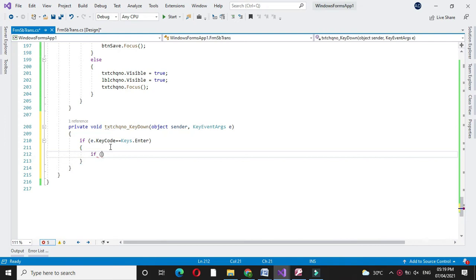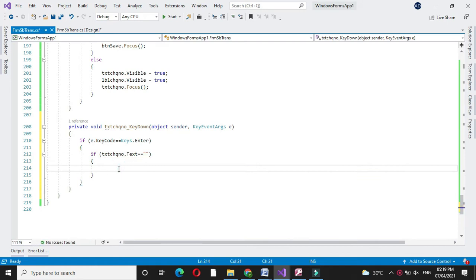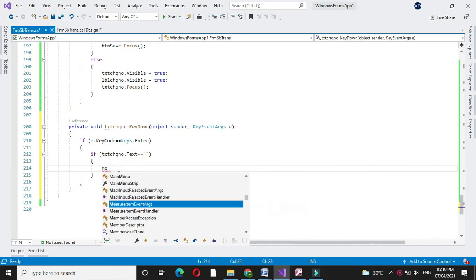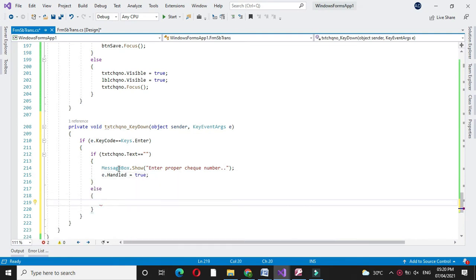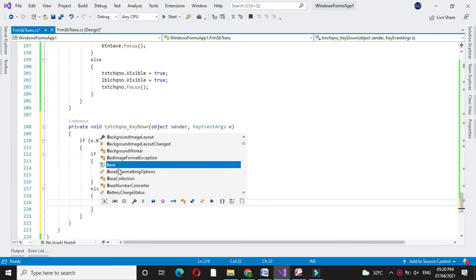So if txtChqNo.Text equal to blank, we will give the message box "Enter proper check number", and we will set e.Handled equal to true, else we will set the focus to btnSave.